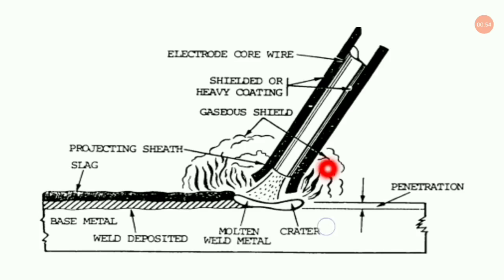Look, this is the electrode wire. It is a coated one. It is written over here as the shielded or heavy coating. And here is the gaseous shield. This gaseous shield is there to protect the molten metal from oxidization by the atmospheric oxygen present around the surface of it. Generally helium, argon, and carbon dioxide are mainly used as the gaseous shield, the inert gases. Okay,